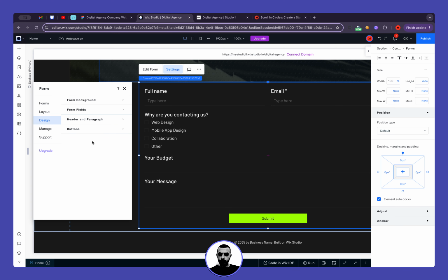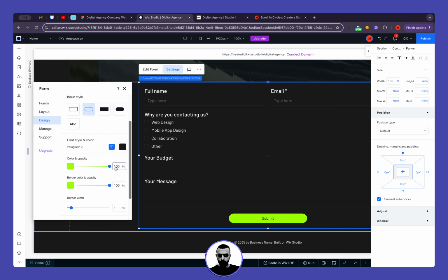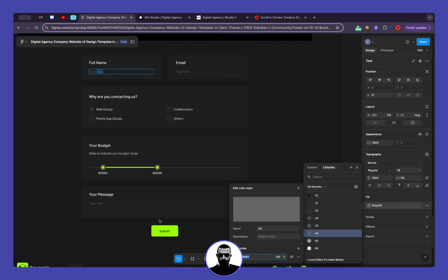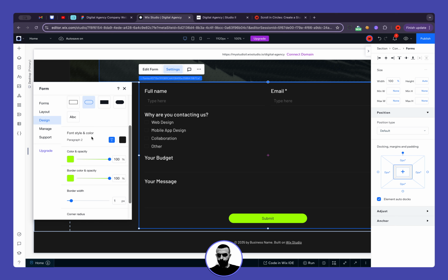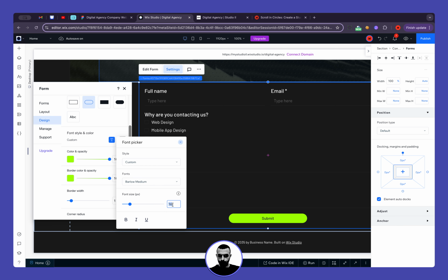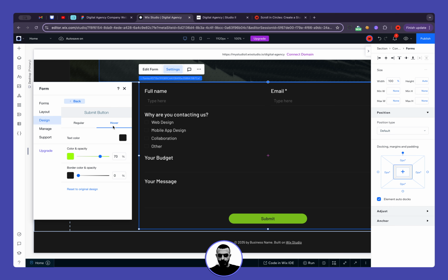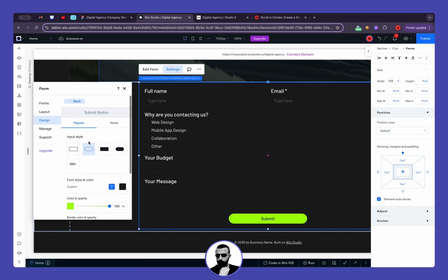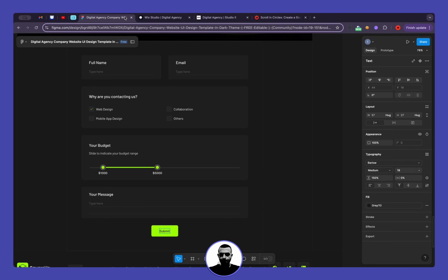All right, let's go back to the submit button. It should be like this. Yes. 18 pixels below medium. And I think the hover is okay. All right, so